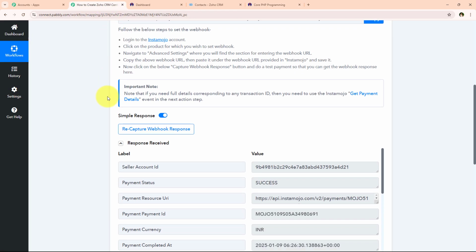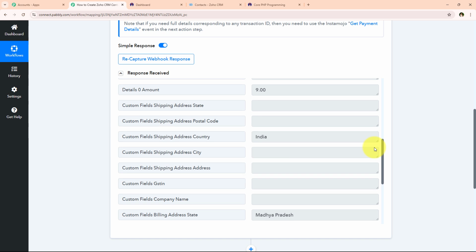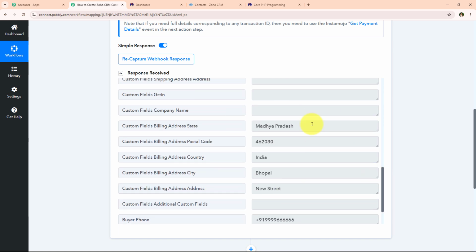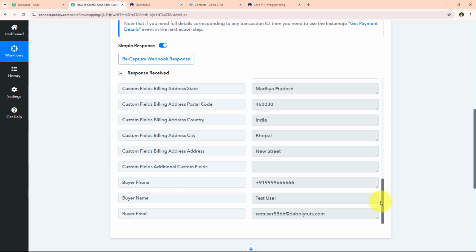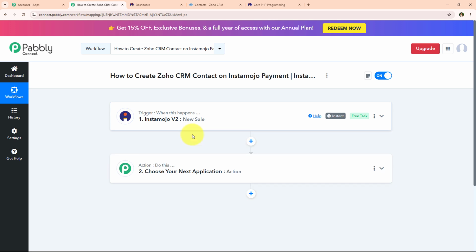So I'm just going to open my workflow, and yes, you can see that Pabbly has captured the response for the same. You can see all the same details which we entered. You can notice that this is the address which we entered. You can see the buyer's phone number, the name, and the email which we entered. So yes, with this we have successfully completed our trigger step, and now what will happen is that as soon as a new sale is made on my Instamojo account, automatically Pabbly is going to trigger the workflow,